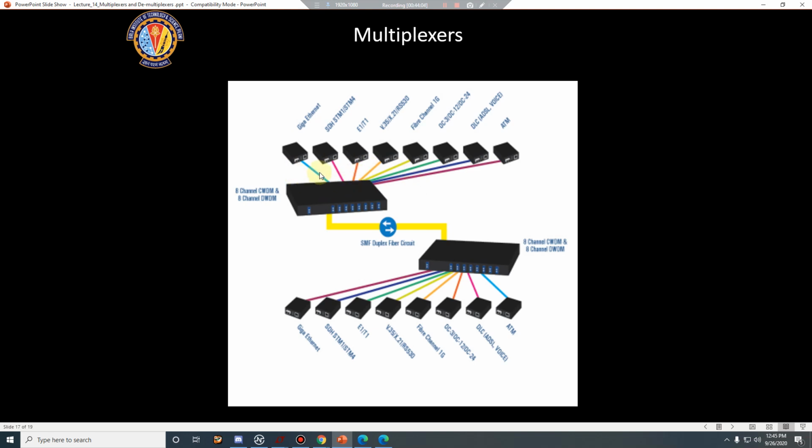For a small time duration, it will take the input from here, then a small duration from here. So in the time domain, it will keep taking inputs from many L2 switches and combine them into bigger data. Probably these are all 1 Mbps lines, and this will be a 12 Mbps line. It will come here and do the same demultiplexing here also if you have to. So this is how multiplexing and demultiplexing is done in communication networks, and this is a very important module, multiplexers. Don't have to mug it up or remember anything. This is just to give you a rough idea.